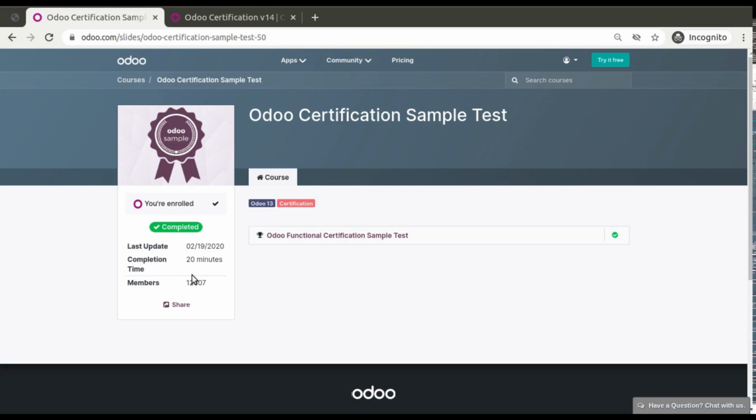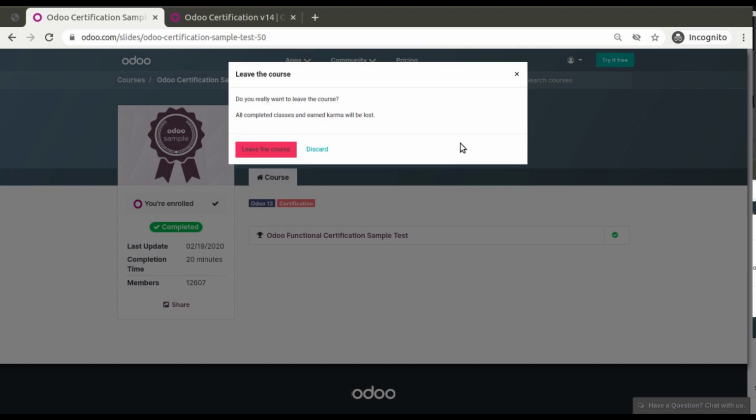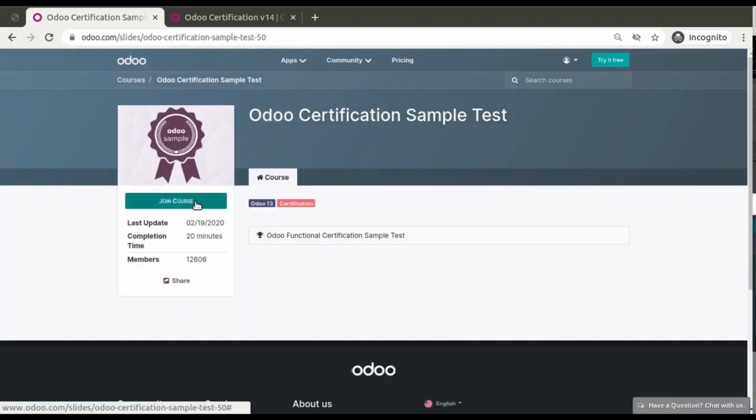Right now you can see I have already completed it, and if I feel that I have to quit this exam, you can click on this and leave the course. Suppose I leave the course now. Once I leave the course, you can see the join course button is available, since I have logged into my account. And if I click on join course,